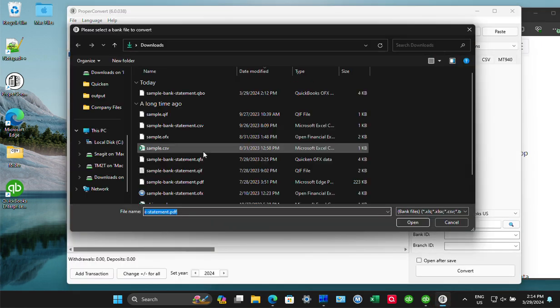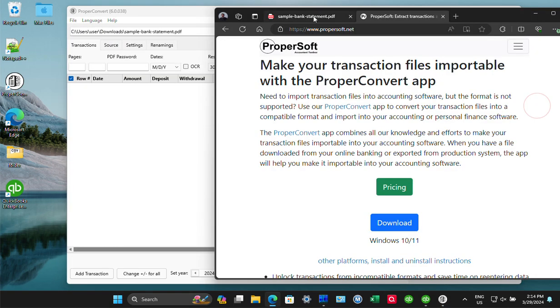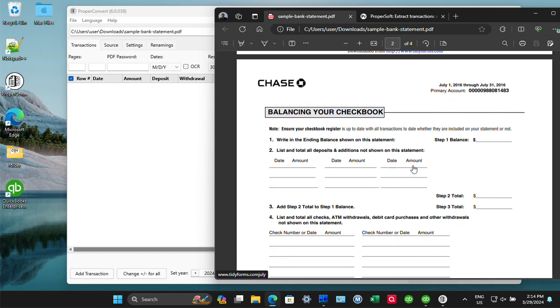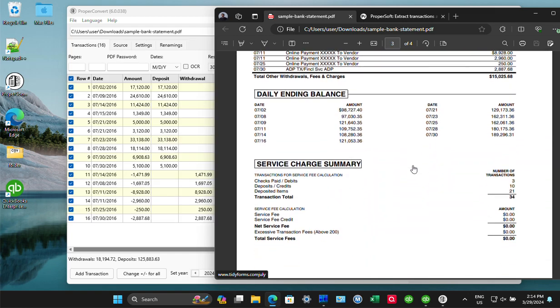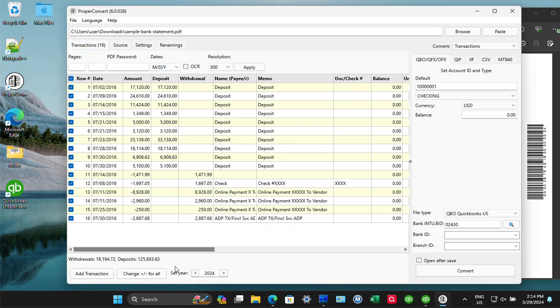So in our case, we have PDF file that we want to convert. So here's PDF file. It has deposits and it has withdrawals and it's 2016 statement from Chase. So here's our transactions, and what we need to do, we need to set account ID, account type, and set file type as QBO